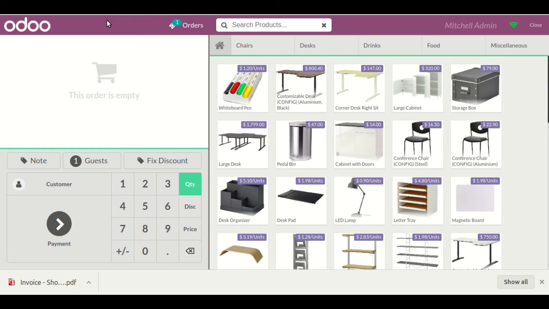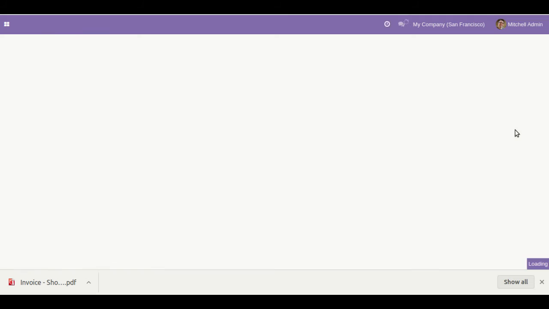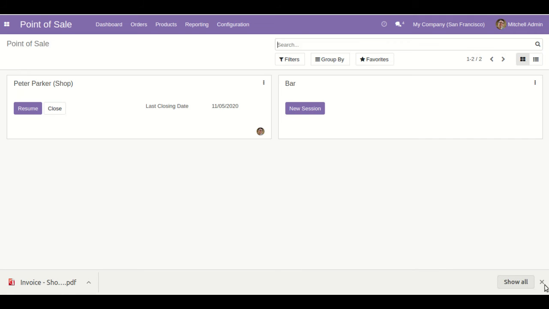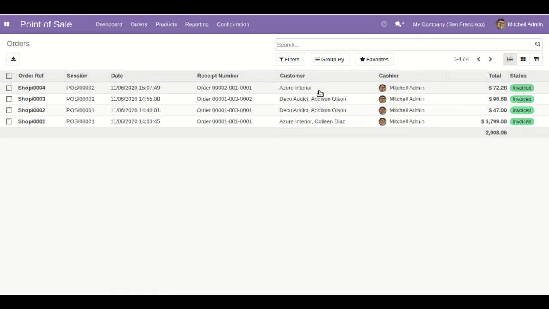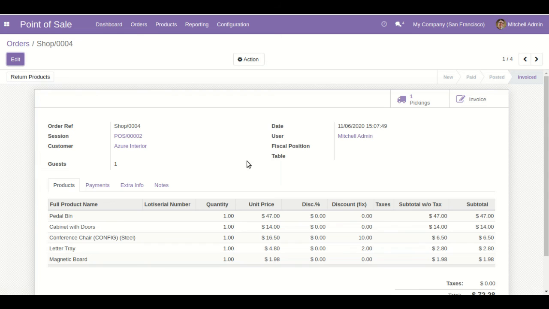And let's go to the backend side for this order. You will be able to see at the backend side that this fixed discount is for the amount.